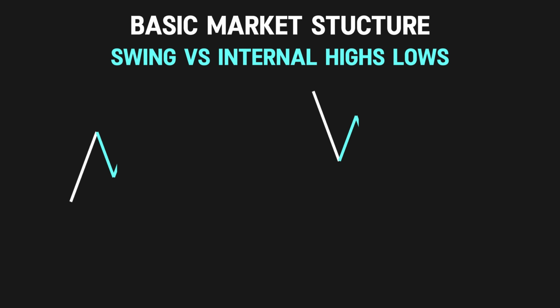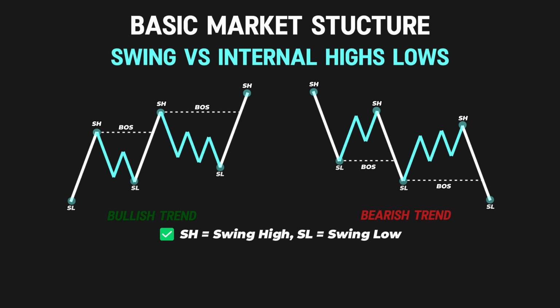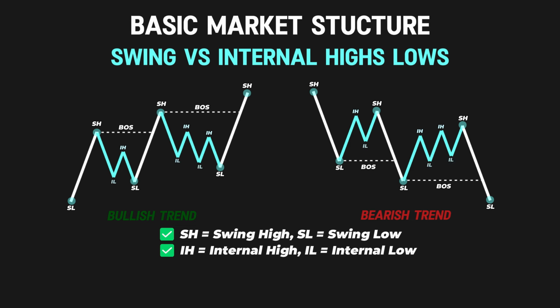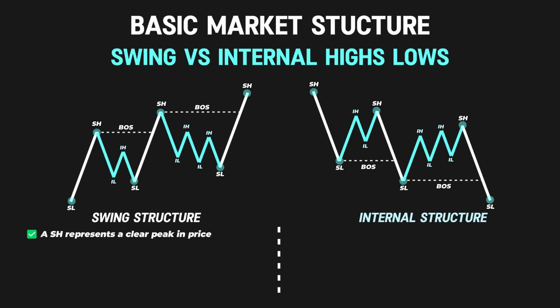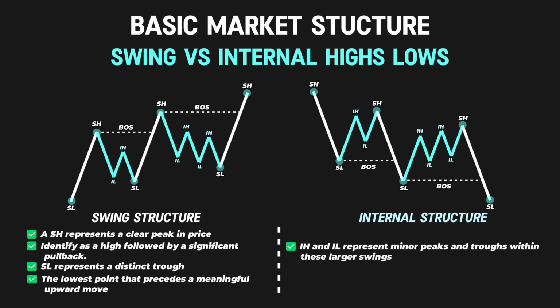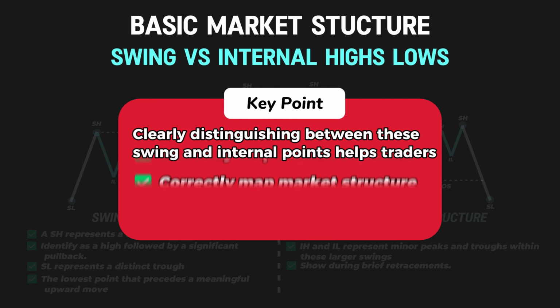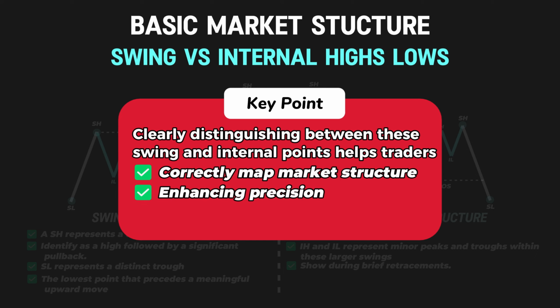To accurately identify these different types of structure, traders should clearly understand the concepts of swing highs and swing lows, as well as internal highs and internal lows. A swing high represents a clear peak in price, identified as a high followed by a significant pullback. Conversely, a swing low represents a distinct trough, the lowest point in price that precedes a meaningful upward move. In contrast, internal highs and lows represent minor peaks and troughs within these larger swings, often occurring during brief retracements. Clearly distinguishing between these swing and internal points helps traders correctly map market structure, enhancing precision in their analysis and